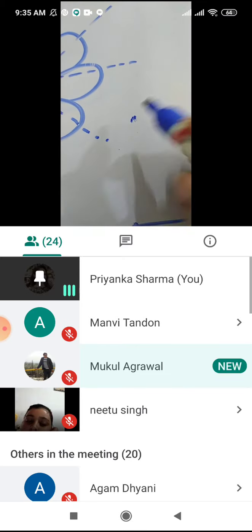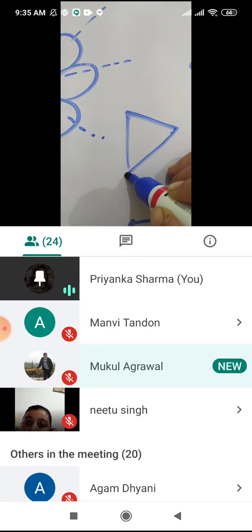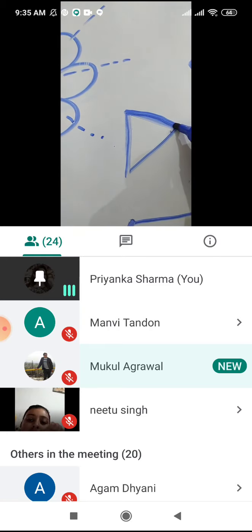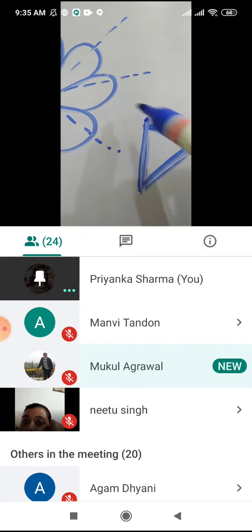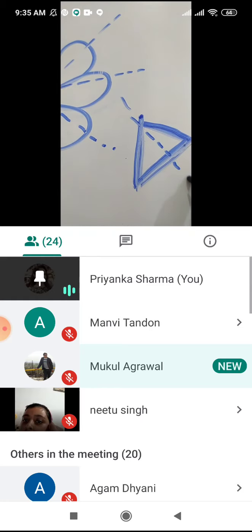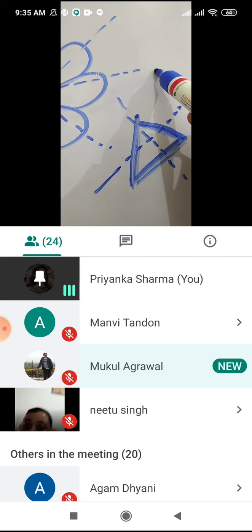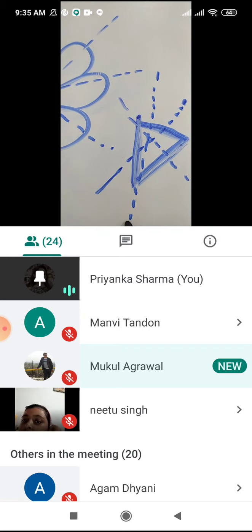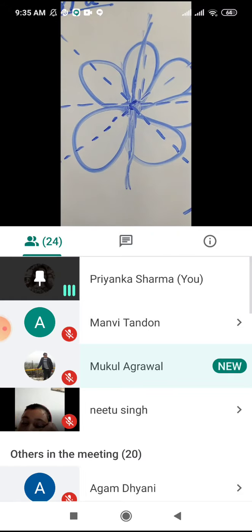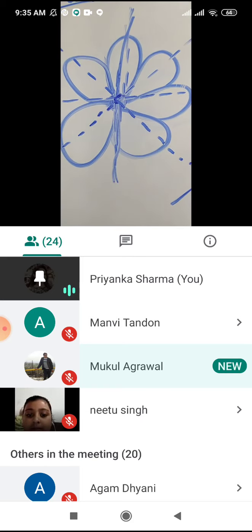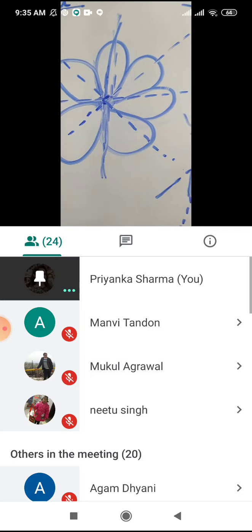If I give you another figure, for example, I am giving you a triangle. Yesterday in the previous class of maths, we studied that an equilateral triangle has three lines of symmetry. Like this, vertical line of symmetry, horizontal line of symmetry. Yes, and we can divide the triangle diagonally also, like this. So there are three types of symmetry lines: vertical line of symmetry, horizontal line of symmetry, and both vertical and horizontal line of symmetry. All right.